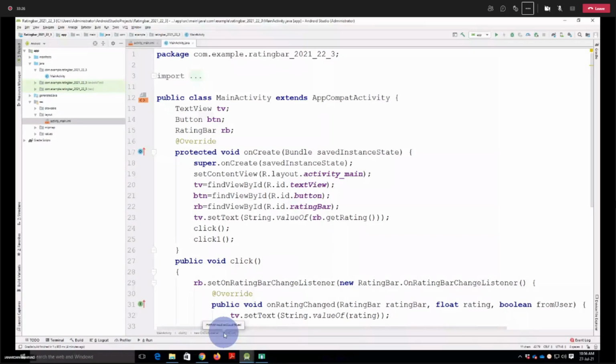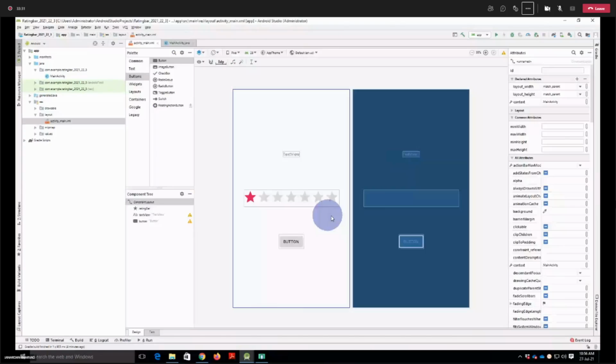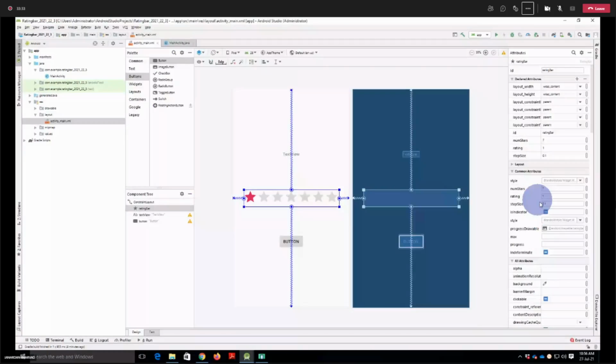So you are saying like if I select here 0.5. Yes sir, in step size. Yes, so when I run it,